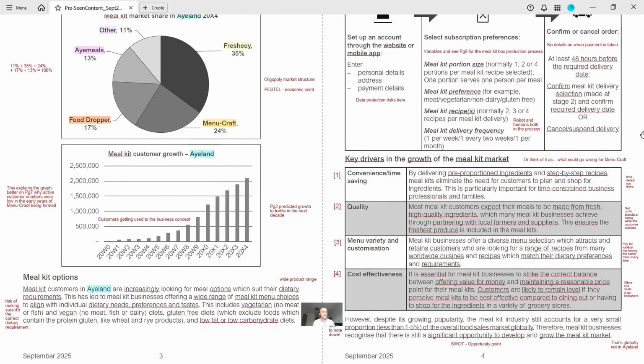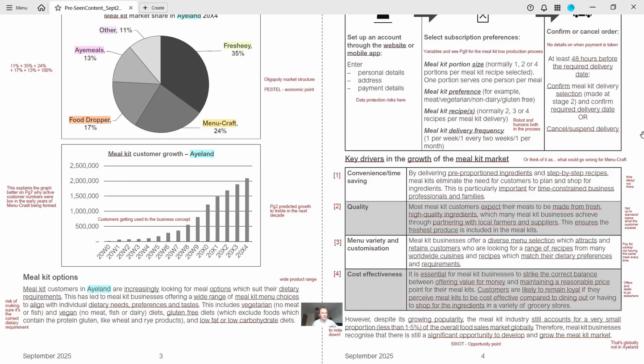So now let's move on to the meal kit options in the bottom left, and this is where meal kit customers in Ireland are increasingly looking for meal options which suit their dietary requirements, so a wide product range. And this has led to meal kit businesses offering, as you would imagine, a wide range of menu choices on there to meet those dietary needs, preferences, and tastes. So keywords for you to get down are they've got things like a vegetarian option, a vegan option, gluten-free, low